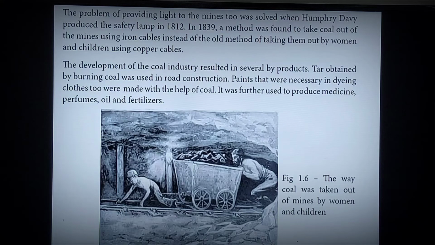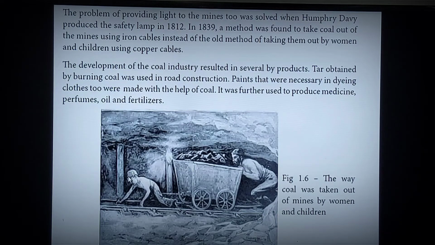The problem of providing light to the mines too was solved when Humphrey Davy produced the safety lamp in 1812. In 1839, a method was found to take coal out of the mines using iron cables instead of the old method of taking them out by women and children using copper cables. So you can see the picture down there,